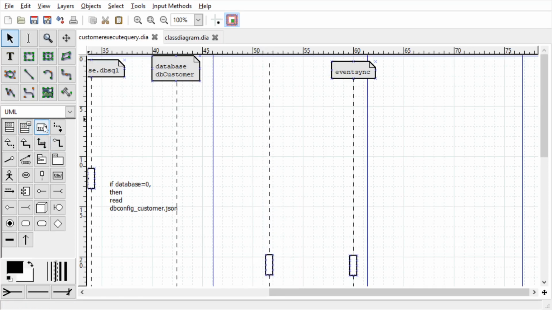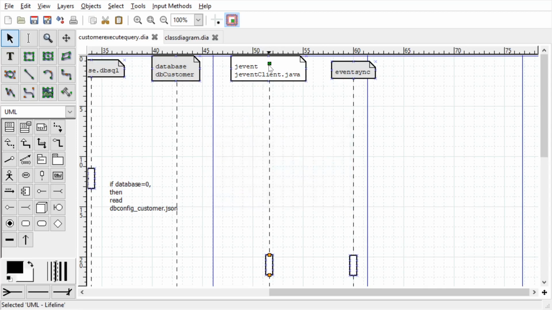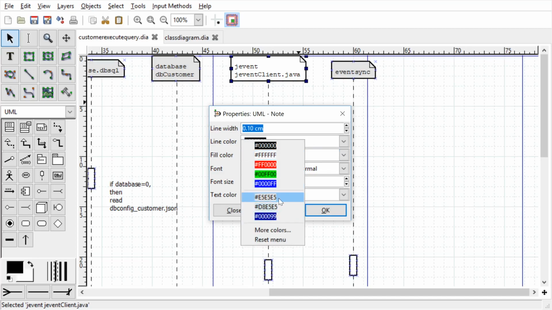This will be the J event package, and within this there's a class called JEventClient.java. You take this object and connect it, right? And you can set the background if you want. Right click, properties, fill color, this one, right?